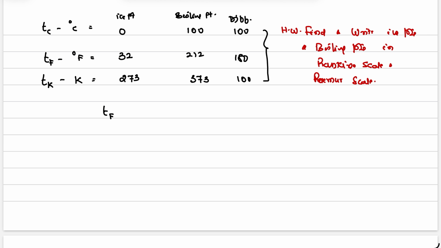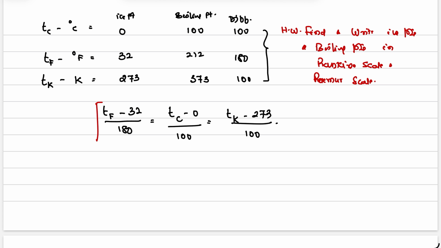Tf minus initial point divided by total difference is equal to Tc minus initial point divided by total difference is equal to Tk minus 273 initial point divided by difference. This is how we convert,